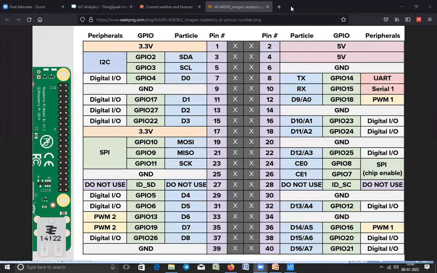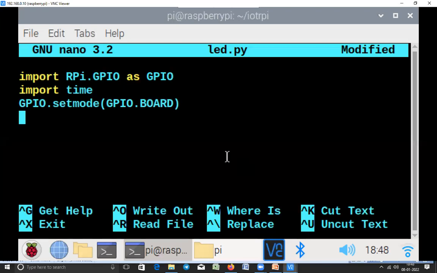Yeah, anyone can tell what should be the pin mode of 40? Okay, so we'll go ahead now. So this is short time, right? Maybe some of you can remember this. I already told you the output, right? The pin mode should be output, all of you. Now we have to set the pin mode.